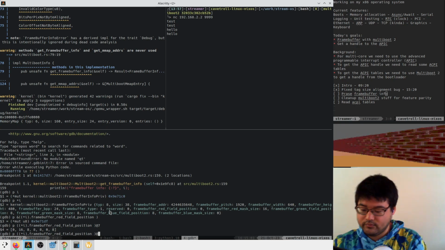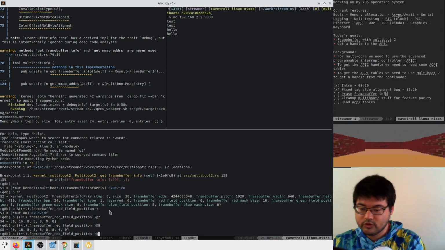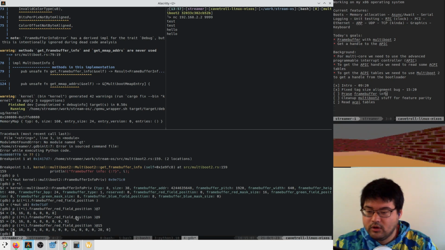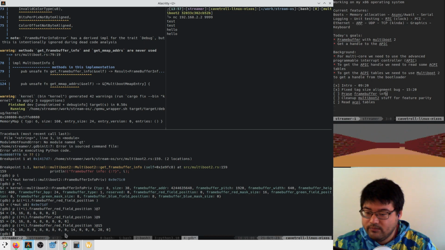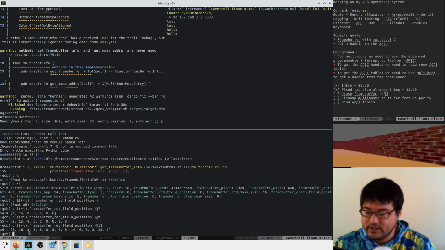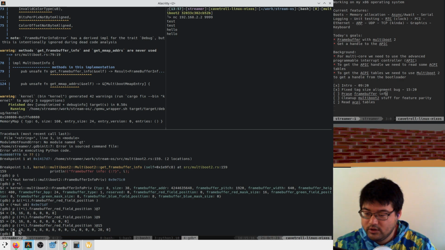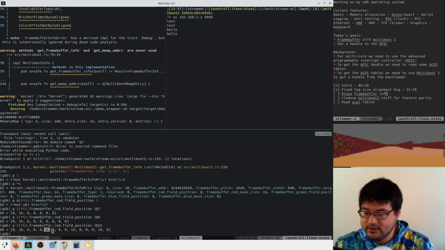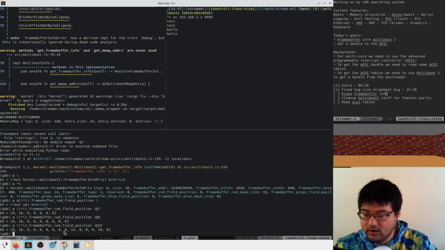So let's see, what do we have here? We have 0, 16, 8, 8, 8, 0. So this would make sense. It was 16, 8, 8, 8, 0, 8 for red position, green position, blue position. Right, because then the mask sizes are all 8.